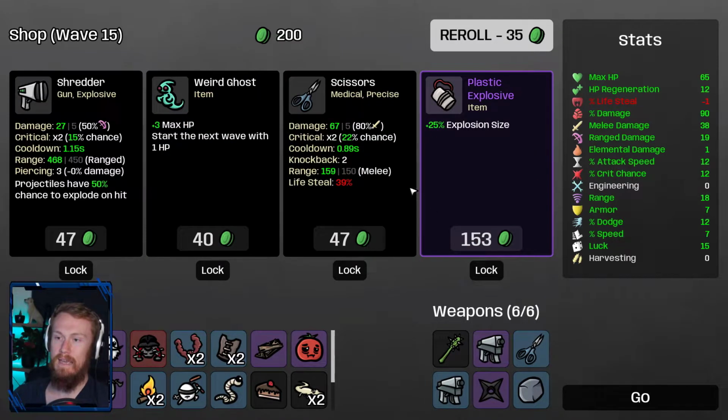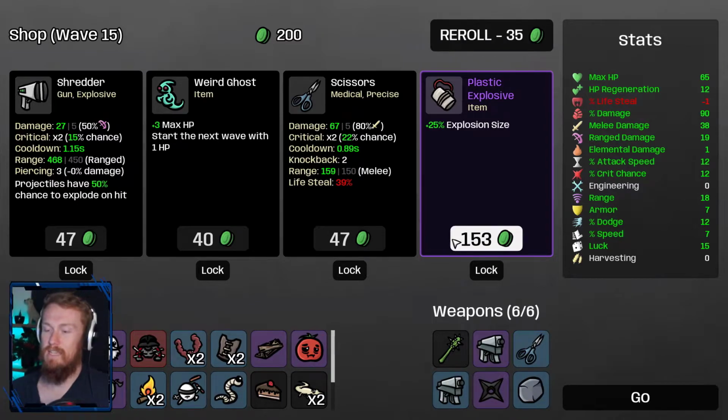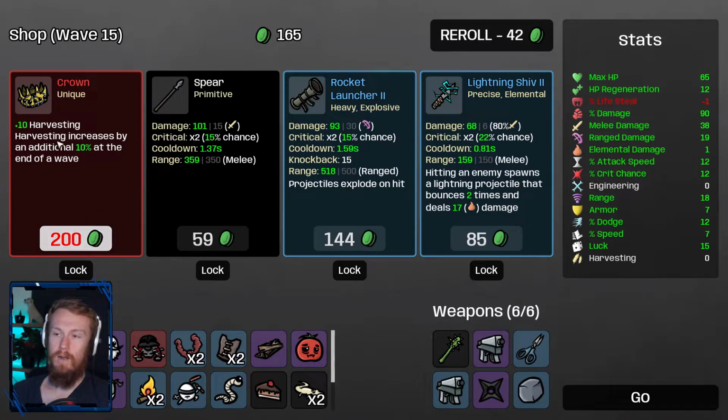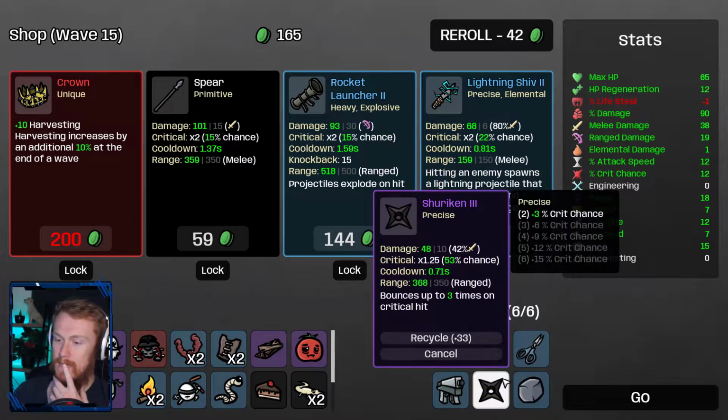We'll re-roll once again. Extra explosion size. So we don't actually have too many explosions here, so we'll just skip that one. We will re-roll once more. Ooh. Brown is interesting, as is a rocket launcher. Rocket launcher is...